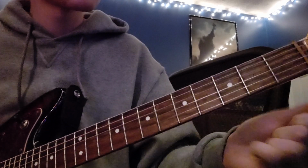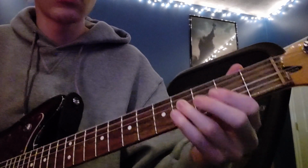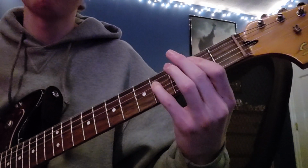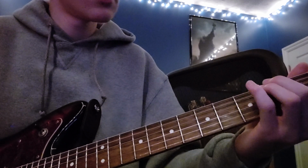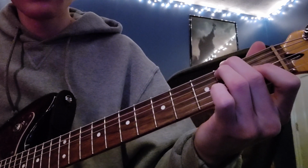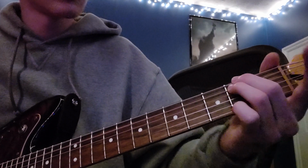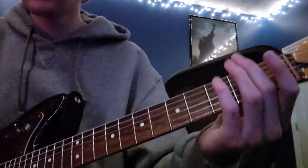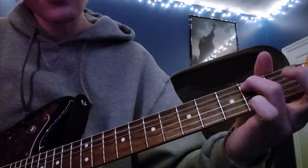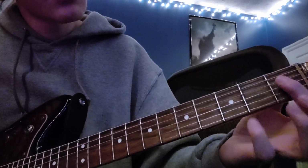And then for the verses, when it quiets down, it's just going to go to a power chord on the 2nd fret of the low E. It's a power chord because you're in a drop tuning. So it's just this note and this note, the 2nd fret on the E and the 2nd fret on the A, and then you're going to skip the D and then hit this